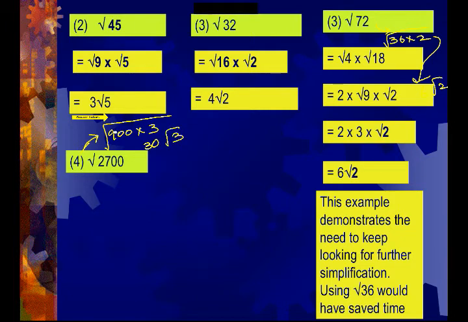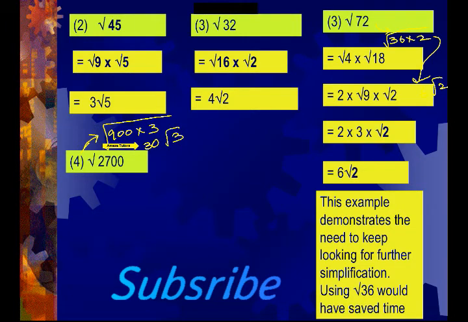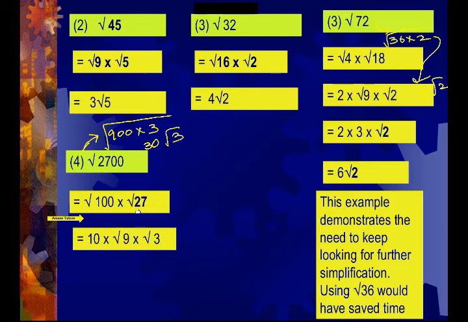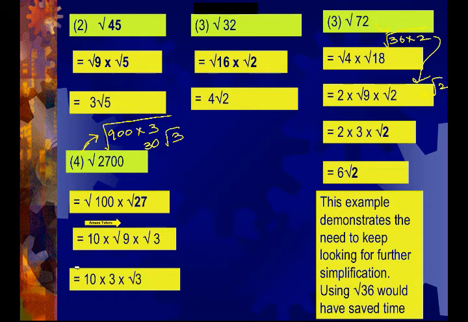That's all. We got the answer in 2 steps. If you cannot find 900 directly, this is the method. Go for 27 times 100. Obviously, 27 times 100 is equal to 2700. Now, square root of 100 is 10 and split 27 again. Square root of 27, 9 and 3. Square root of 9 again is 3. So, 3 root 3. 10 times 3, 30. 30 root 3. So, whatever I already got.